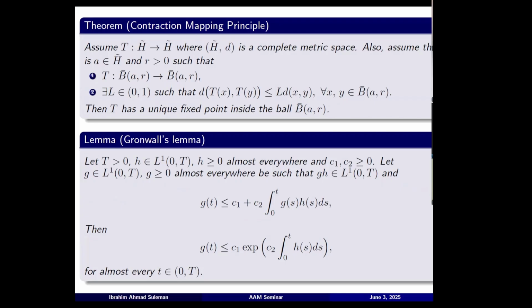have mostly the functions in L1, integrable in time, g of t and h, and the product of g and h. And two constants C1, so you get g of t is controlled by C1 exponential of the integral of h times some constant. In this case, we will use Grönwall's lemma, but our g and h will have the form of a norm. Our g will have the form of a norm, sorry, but h, we'll see that it's our kernel as seen before.